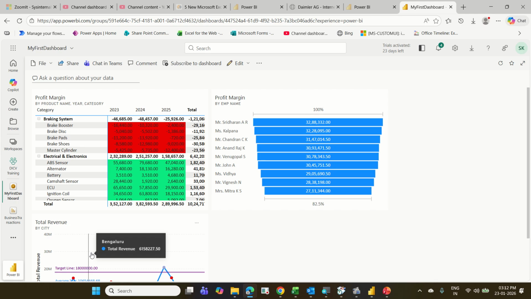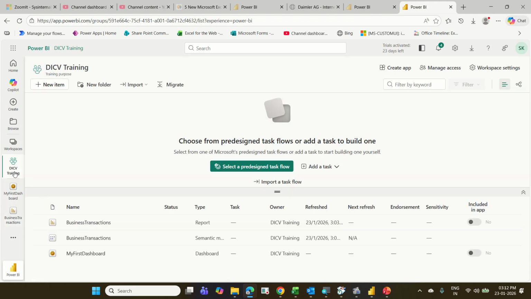I don't know whether we have one more report. Let us go to that workspace, DICV workspace. We have only one report here. So now this dashboard, what we did is we have added some 3 or 4 visuals and we have created